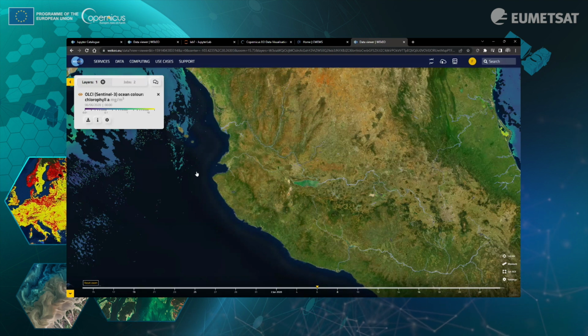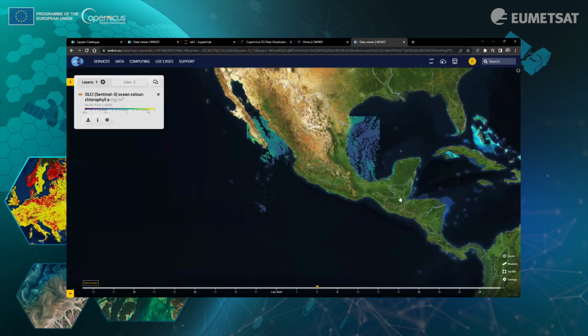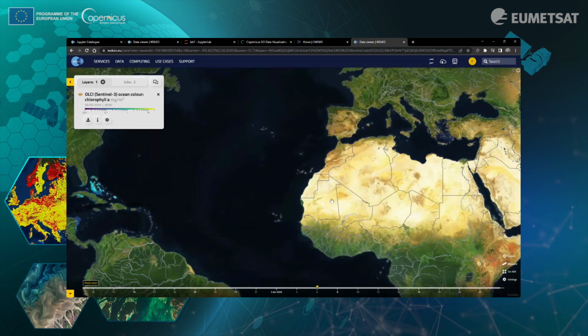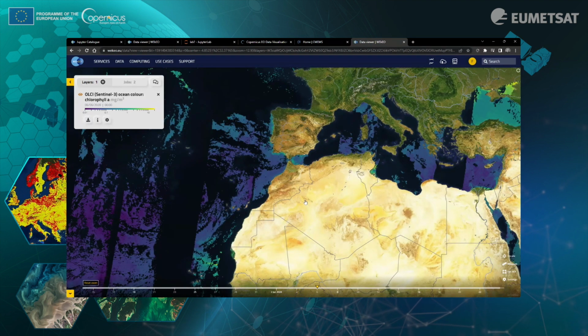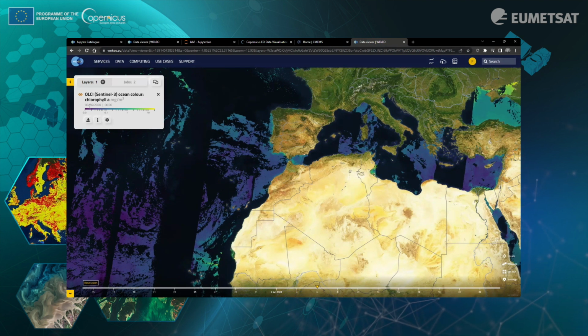To practice on the Jupyter platform, for example, if you need to make some computation with data or to download data, to play with the data, to make your own maps, your own graphs, you need to use the WEkEO platform to download the data. So back on Europe, for example, I will try to use this OLCI product, and I will try to focus on the 6th of June or the 16th perhaps of June.